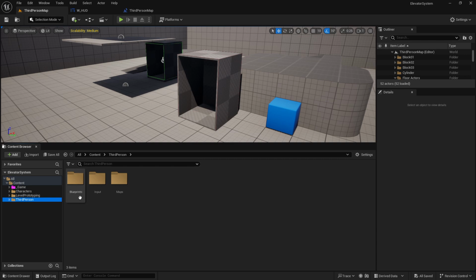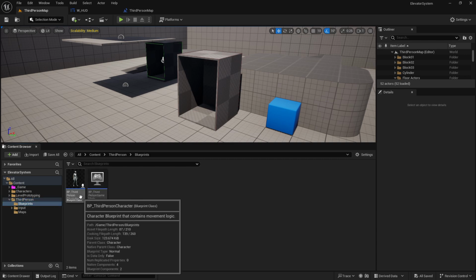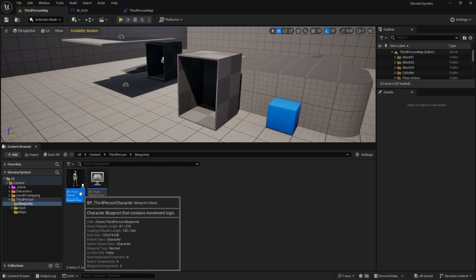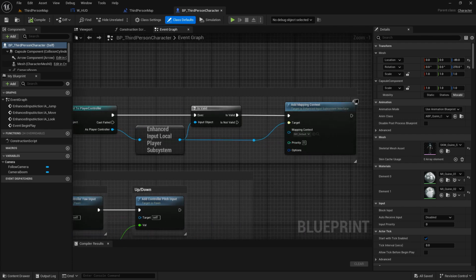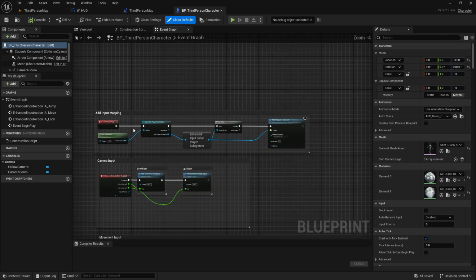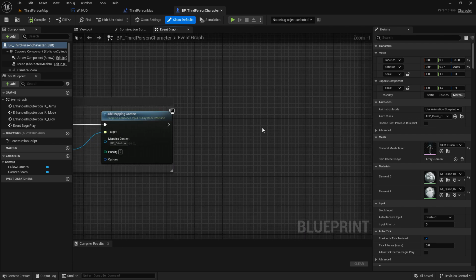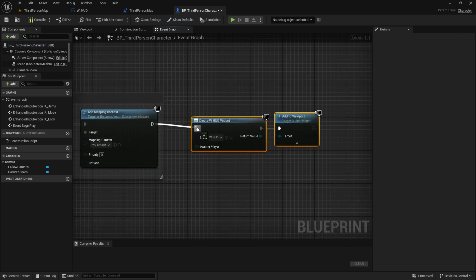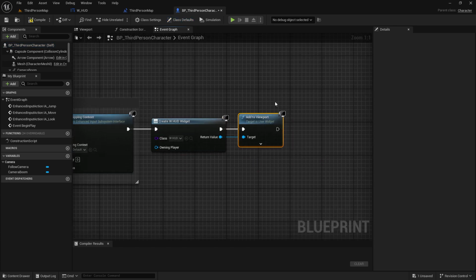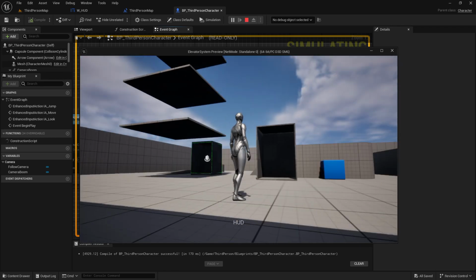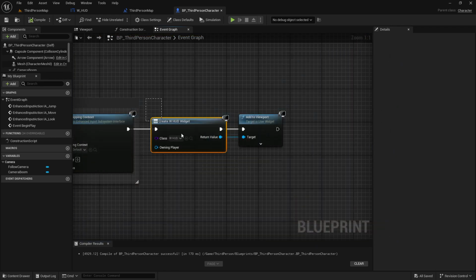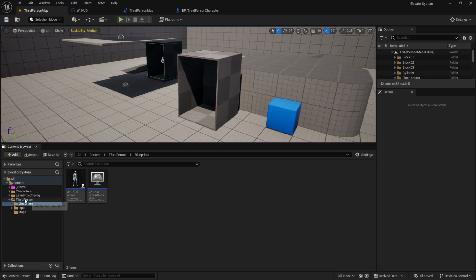So there's this third person blueprint, go inside that, and this is our third person character blueprint, and there's this event begin play. After all those things, I'm just going to paste our code and place it here. And now if you play, you can see that now our HUD is there. There's not much difference, but if I show you something,